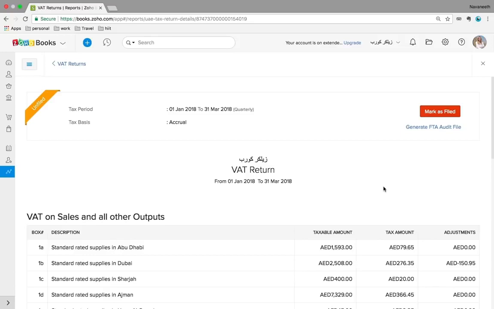There's no manual work as such on your side. So tax handling as well as tax filing is something that we have really mastered with our previous experience in other countries, and we have applied that here as well, and you're completely good to go on the VAT front. So yeah,